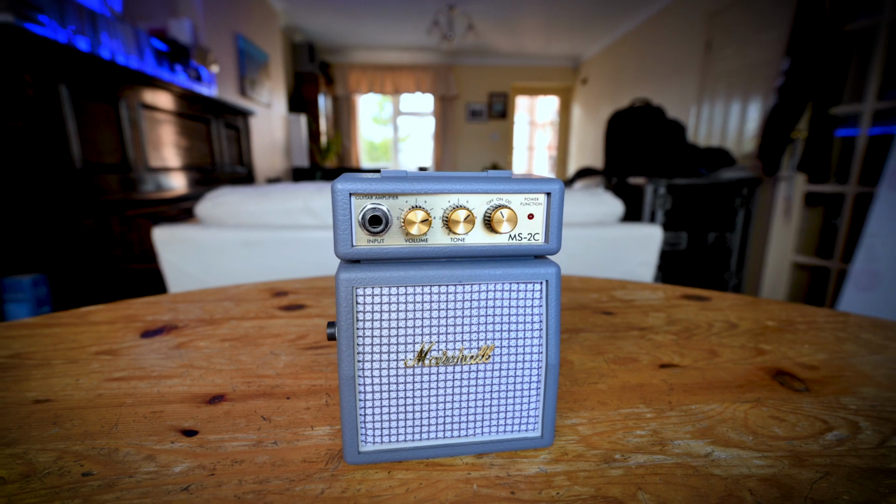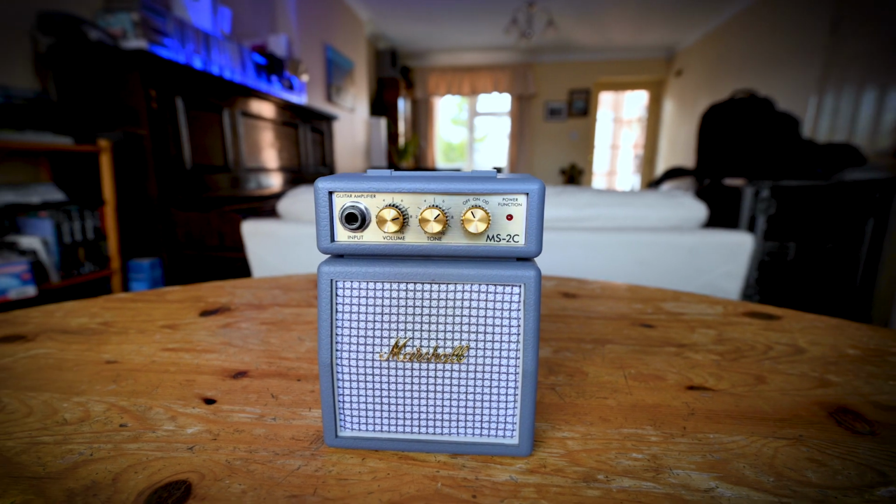Alright, so what's our takeaway from all of this? I mean, yeah, you absolutely can record one of these and put it in a mix, and it's kind of passable. It won't sound like an expensive song or an expensive amp for sure, but it's only a wee little thing. I will say that the plastic enclosure and the way it's built does kind of warble a bit, and when you take those warbly noises out, there's not a lot left,